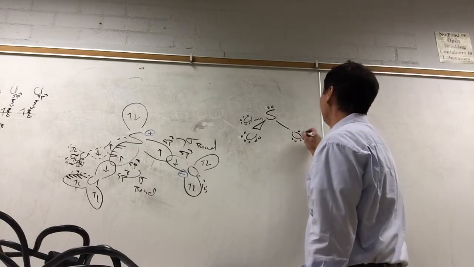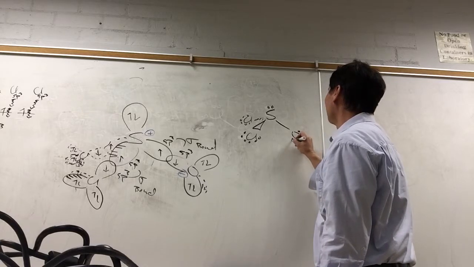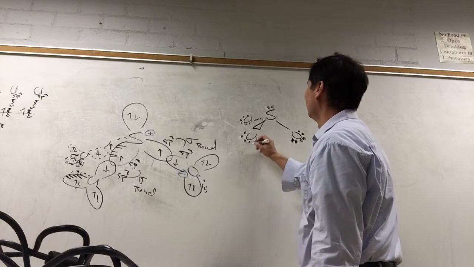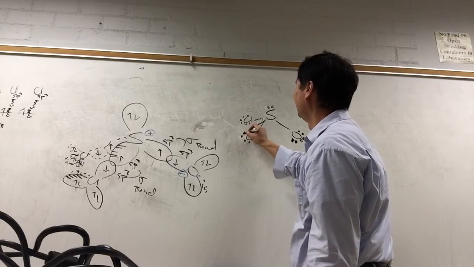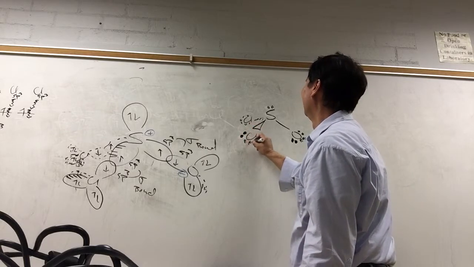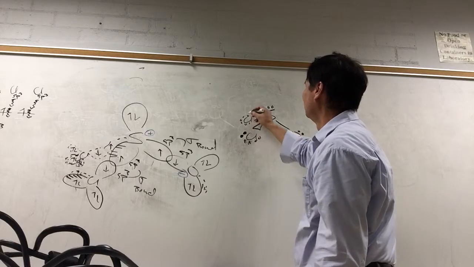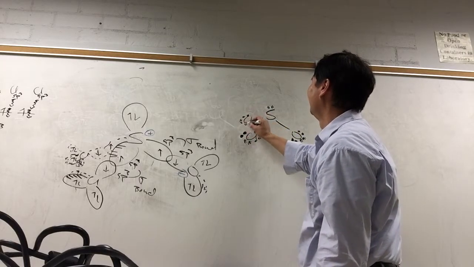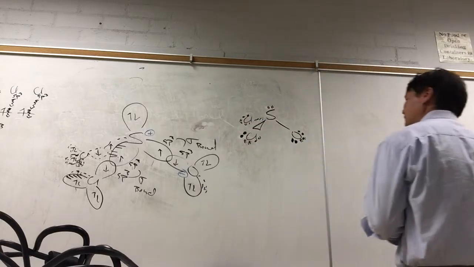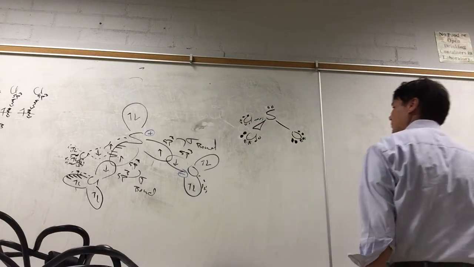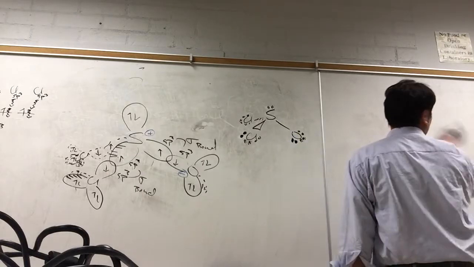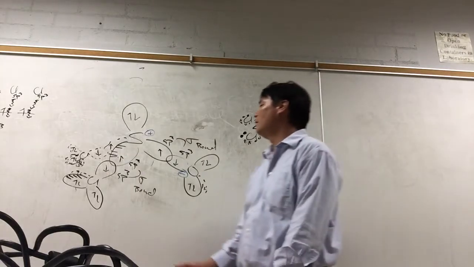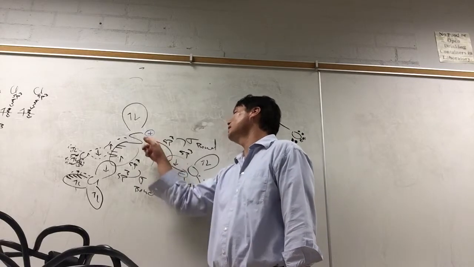Like 1 lone pair in the plane, 1 lone pair comes out of the plane, 1 lone pair goes in. But I don't know if I should, because you're going to draw it like this anyway. It's really not necessary. And so this is where we have an sp3 sigma, and then there's going to be